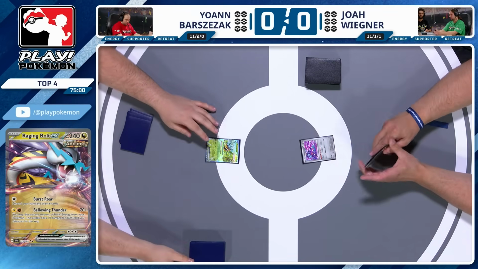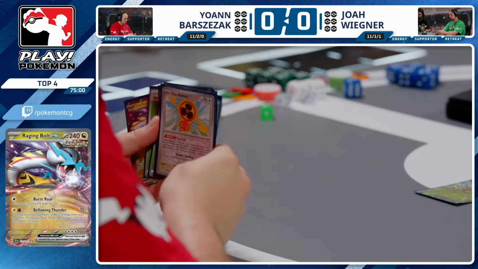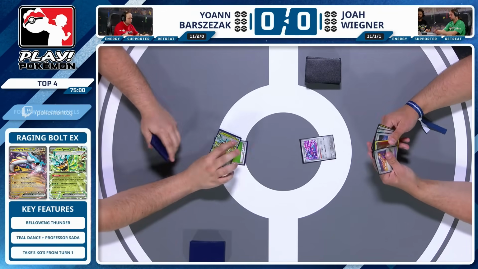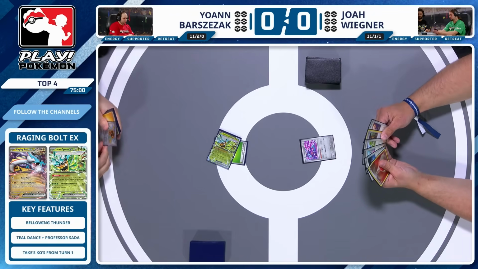We are getting into our top 4 match here at the Utrecht Special Championships. Looks like Yoann will be kicking us off. Already has that Fan Rotom in his opening hand, in addition to the Teal Dance from his Teal Mask Ogerpon in the active. Mike, as we go through this first turn, tell us a little bit about this Raging Bolt